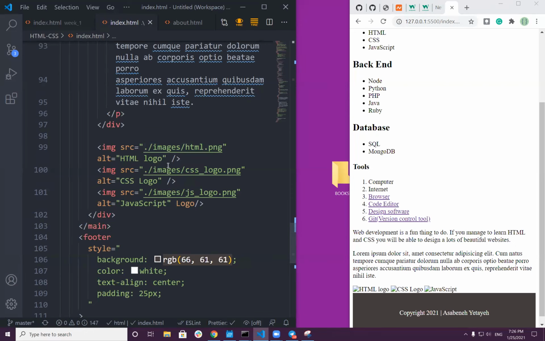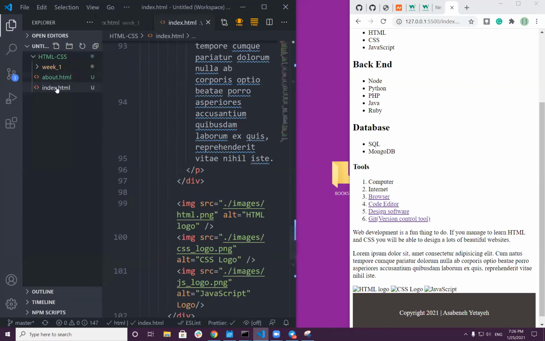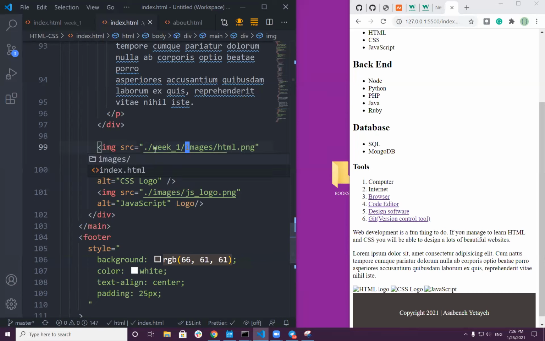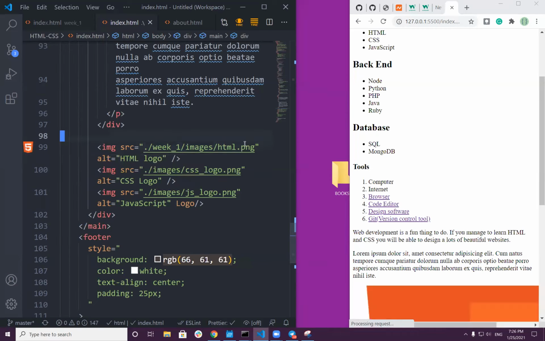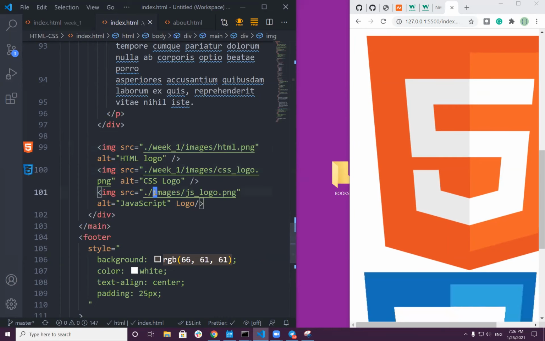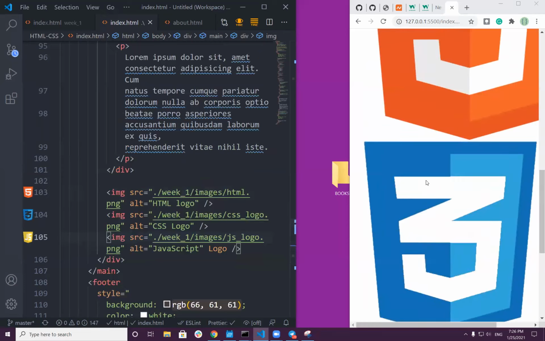So image, because I'm referring from here to week 1. So where are the images? First, I have to go to week 1 and then images. Now it starts showing it. I have to go to week 1 and then images. It's a path. Week 1. Did you get the point, guys? This is just